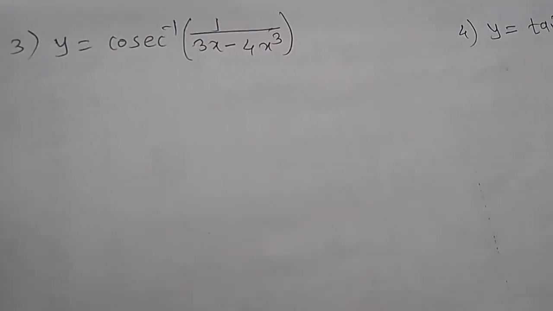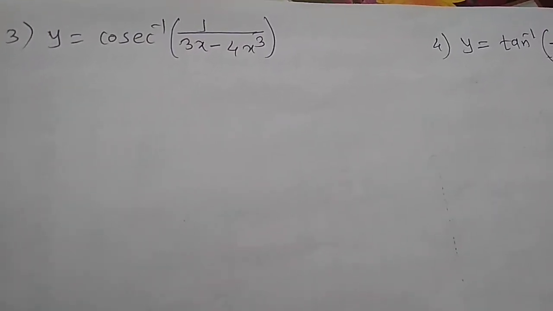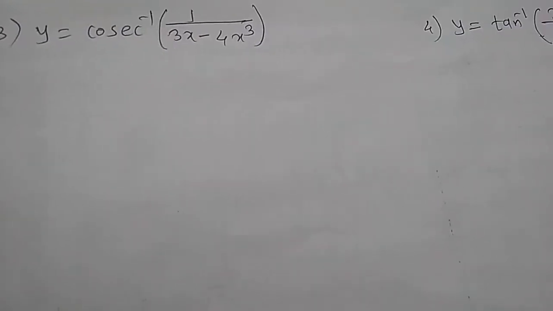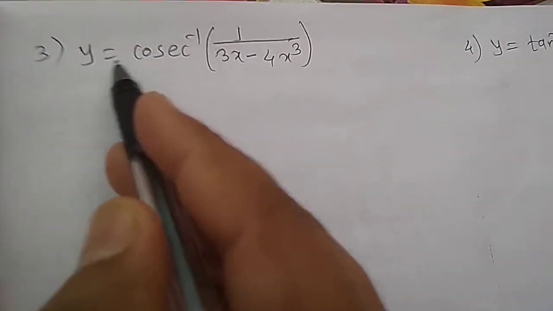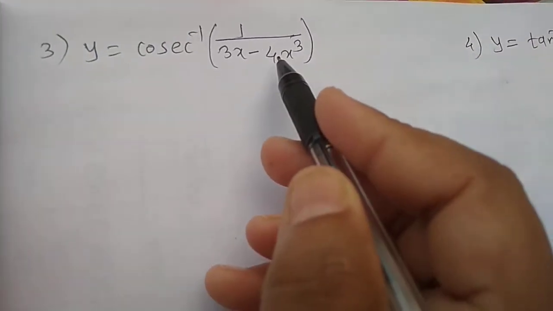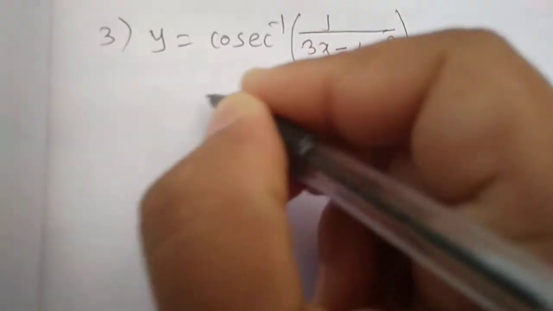Already we have seen examples on inverse trigonometric functions and its derivative. So let us see another examples on inverse trigonometric functions and its derivative. So let us see third example. Y is equal to cosec inverse of 1 upon 3x minus 4x cube. It can be written as